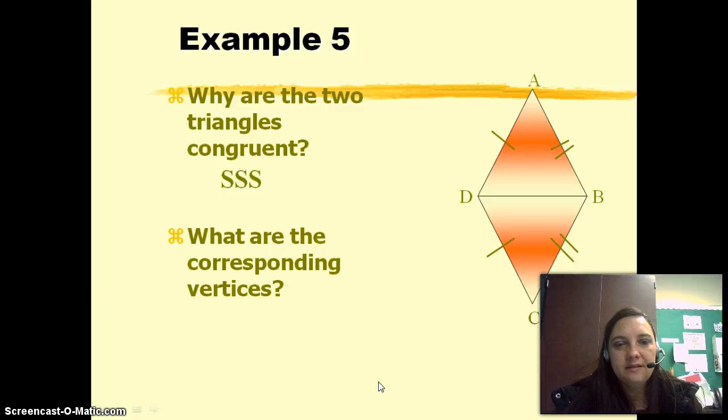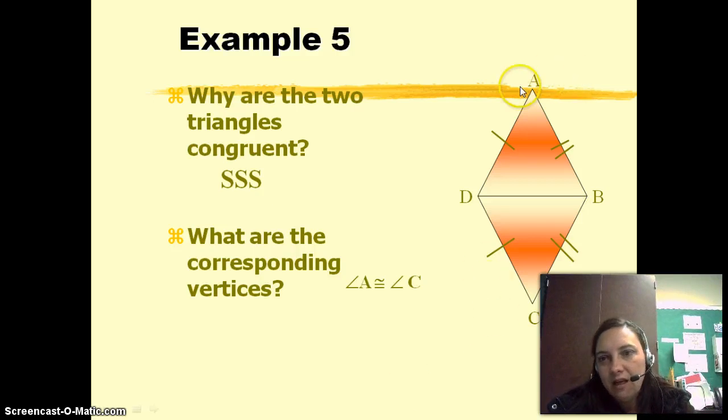All right, we left off with example 5 going through the corresponding vertices. I'm just going to start over at the beginning with the corresponding vertices. The first one that they have is A corresponds with C, so we're looking at angle A up here between the two sides 1 and 2, so the corresponding angle is going to be C, which is between sides 1